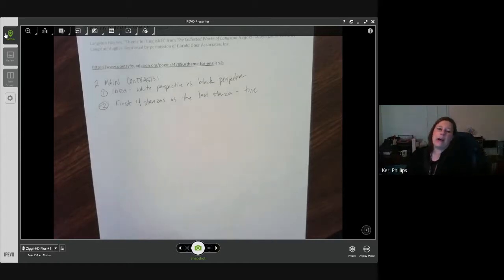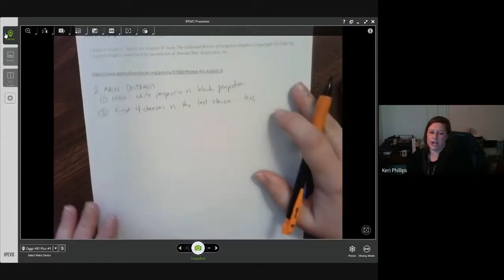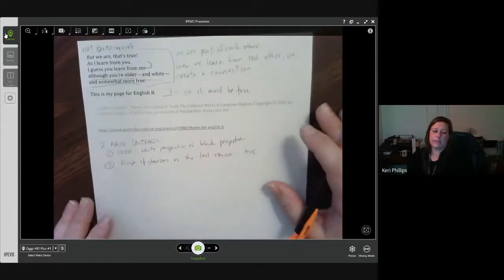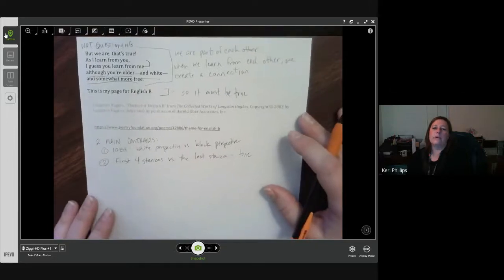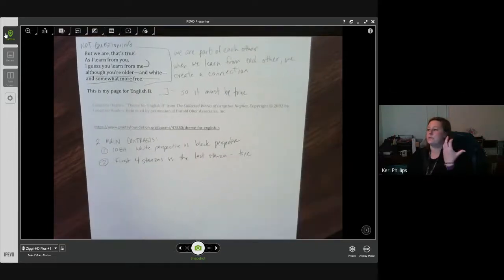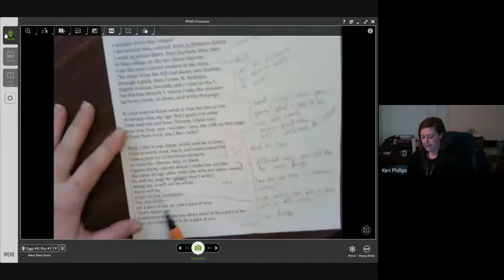We want to figure out, okay, what is he really trying to say here? If he is contrasting the white perspective and the black perspective, what is his purpose? What is he revealing to us by putting his experience side by side with his teacher? So I would go back and say,